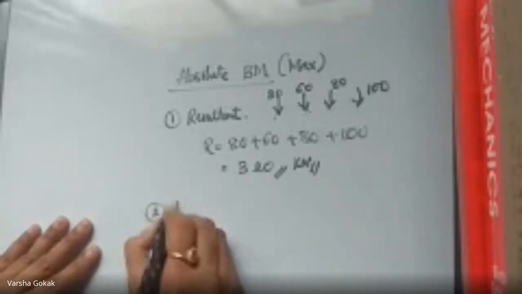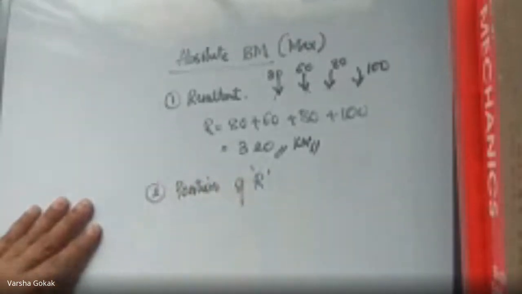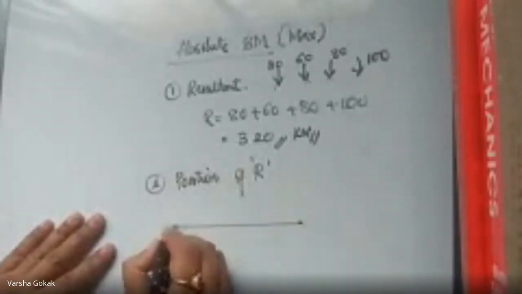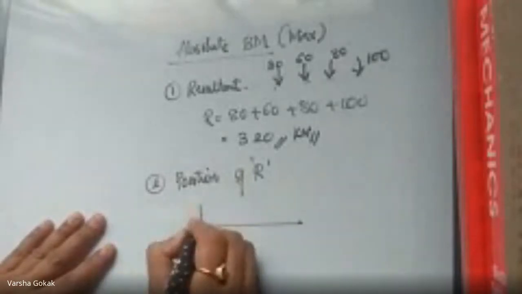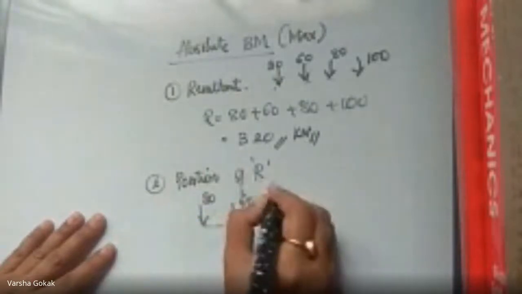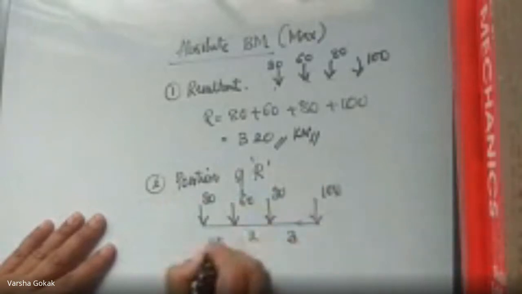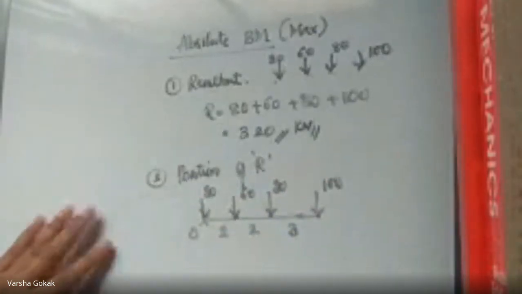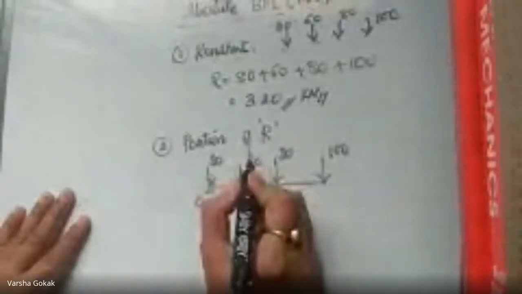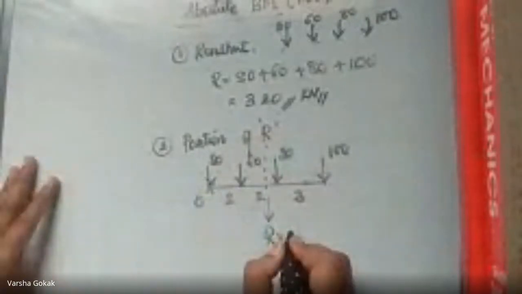Next, if I want to find the position of the resultant, right, the distance. So I told you we will be using that Varignon's theorem. So I'll just draw the four loads. So this is 80, this is 60, this is another 80, and then you have 100. The distances are 3, 2, 2. Say I'll call this as point O. Taking the moment of all the forces, and I'll say R is here. Assuming, okay, anywhere it could be. Assuming R of 320 at a distance of X. Right? So assuming this.